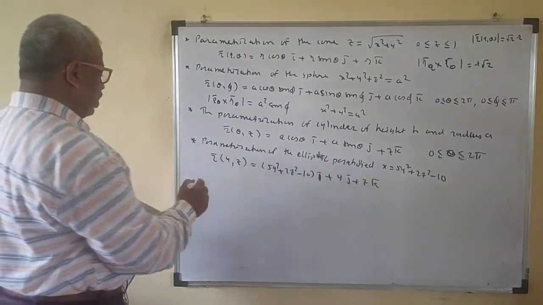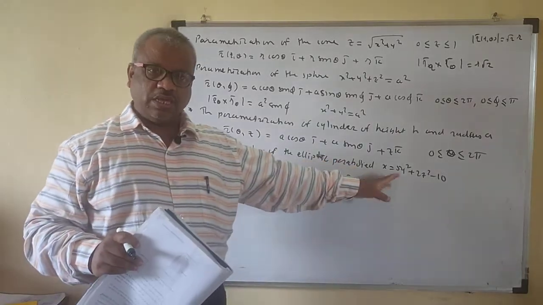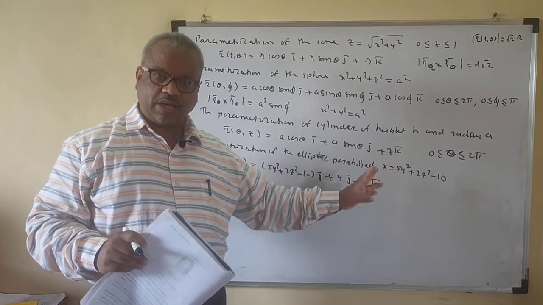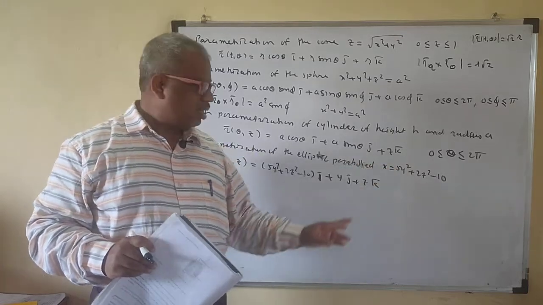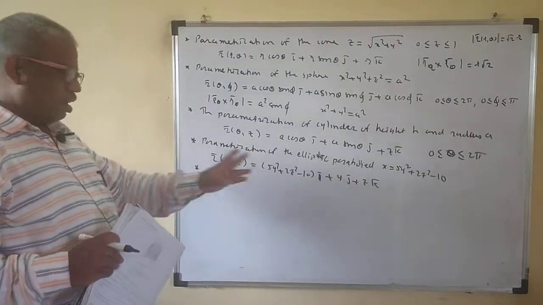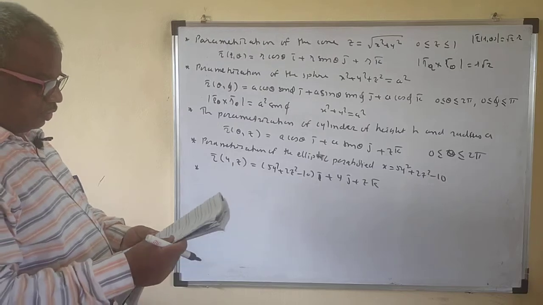Note that this is the parametric equation for this. Z is equal to f of x, y, or x is equal to f of y, z, or y is equal to f of x, z, something like this. Then you have to write all those things, so you have to write a parametric equation like this.